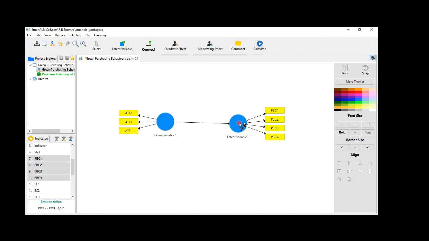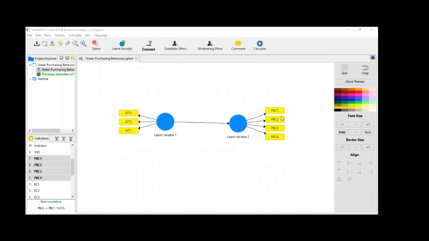Now, once they have been connected with each other, their color will be changed. So now, when they have been changed, that is the sign that their color has been changed. These latent variables have connected with each other. Now this one arrow you are looking at is one path. You have given one path. Here you want to check the impact of latent variable number 1 on latent variable number 2. Now this latent variable number 2 is the dependent variable and latent variable number 1 is the independent variable. And these are the indicators of all these.